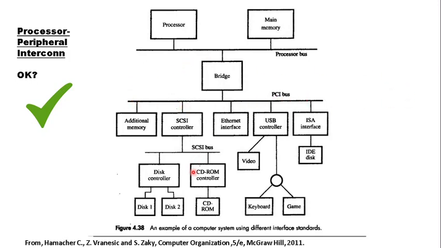Then when we narrow down to individual devices, in the case of the hard disk, the disk uses a disk controller which interacts with another bus protocol named the SCSI protocol, and the SCSI in turn interacts with the PCI protocol to finally communicate with the processor. So it is not a direct dependency on the processor. The communication is in turn dependent on another set of bus protocols which are standardized.